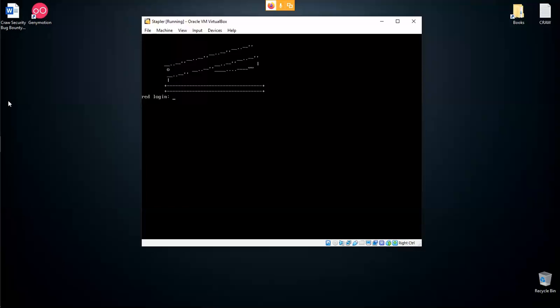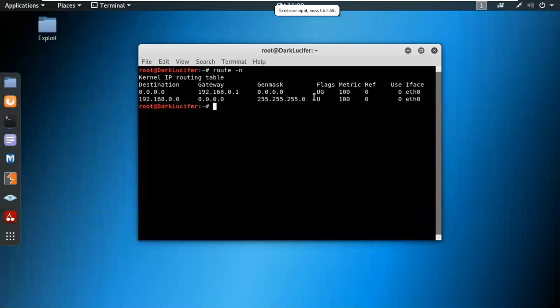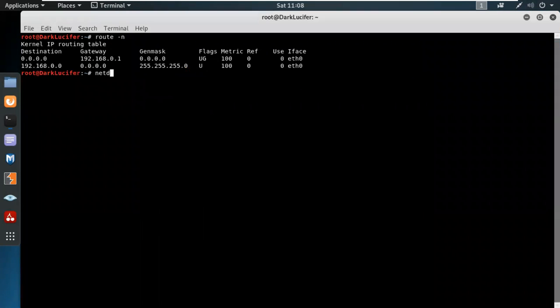Stabler, which is a Samba server, and the machine name is red. Over here you can see. So in this module, in this machine, we're gonna learn about the SMB enumeration part. SMB enumeration. So first thing first, let's check the IP address of the